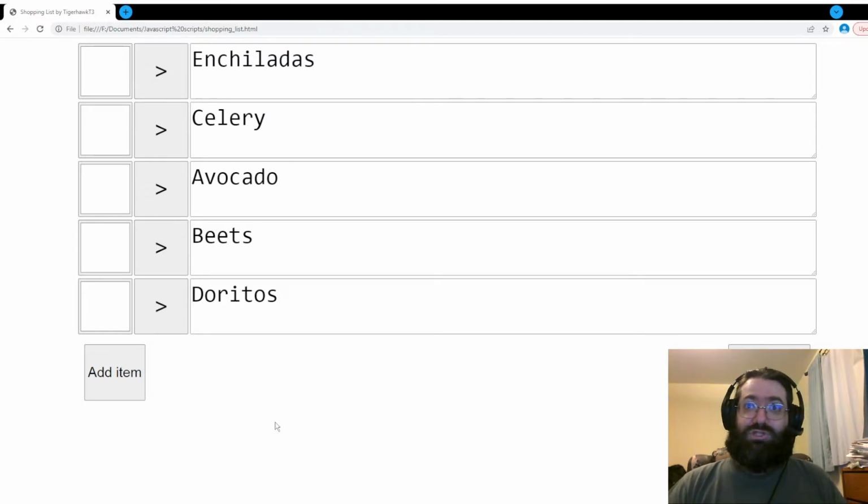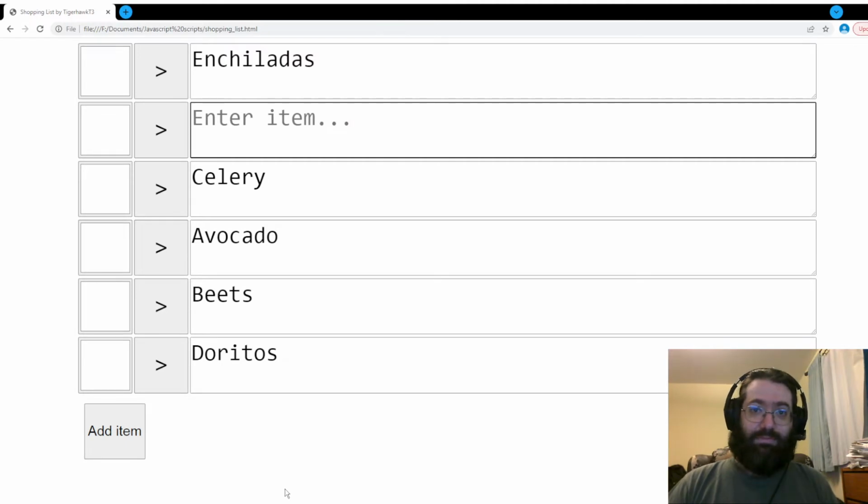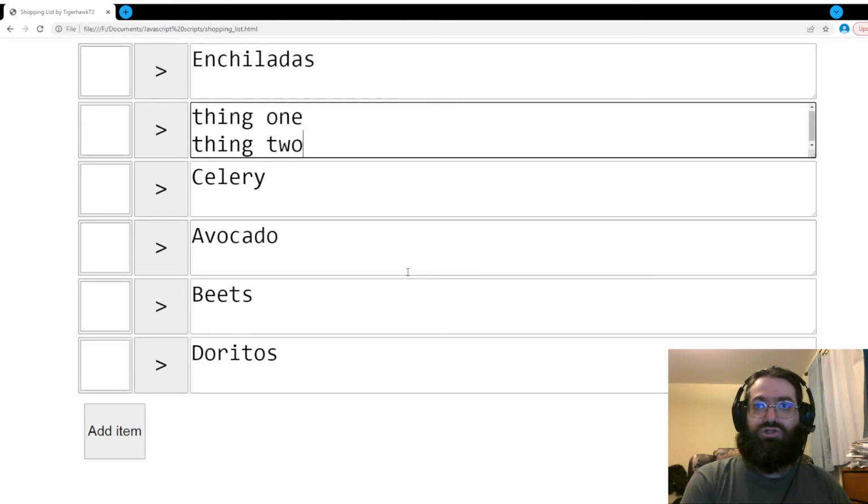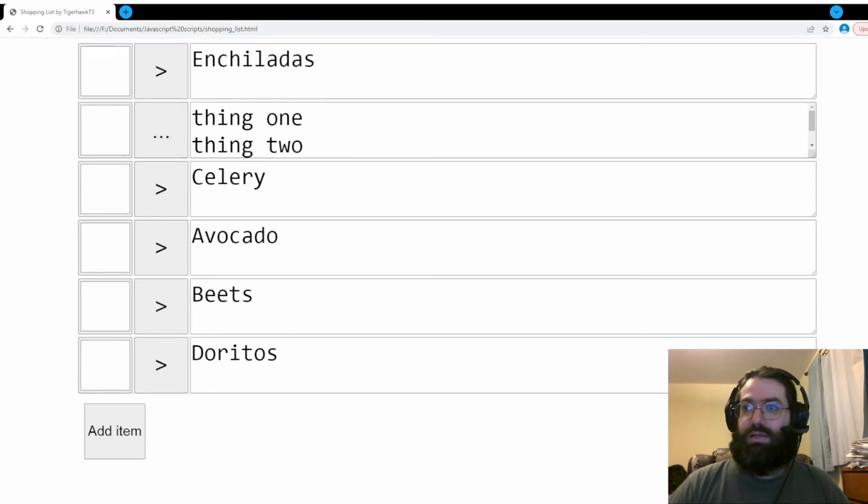That's that function. I can add an item in a specific location by picking something up, adding an item, and it adds it right above. One thing I like that I added most recently was the ability to export, basically. If you have a list that's thing 1, thing 2, thing 3, that someone sent you in a text message or something, I can click this and notice how, oh,